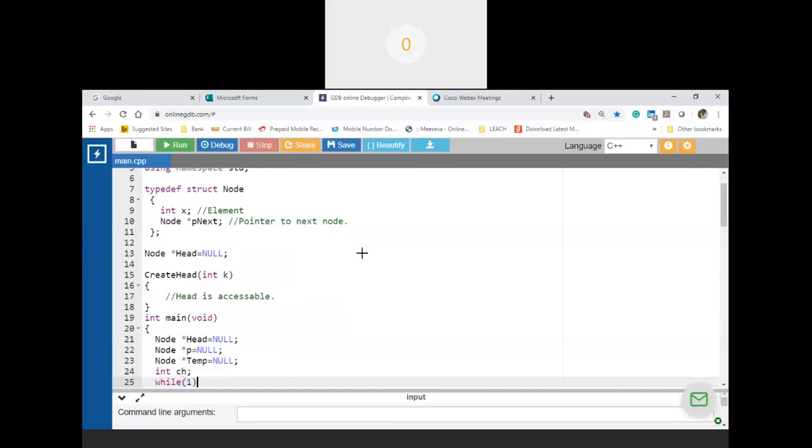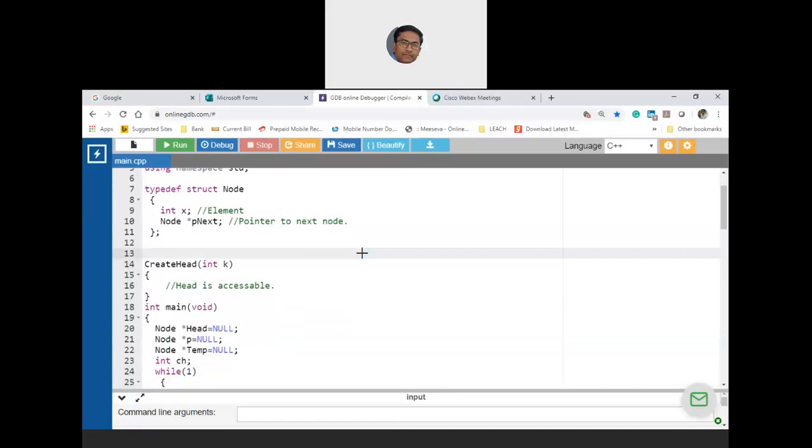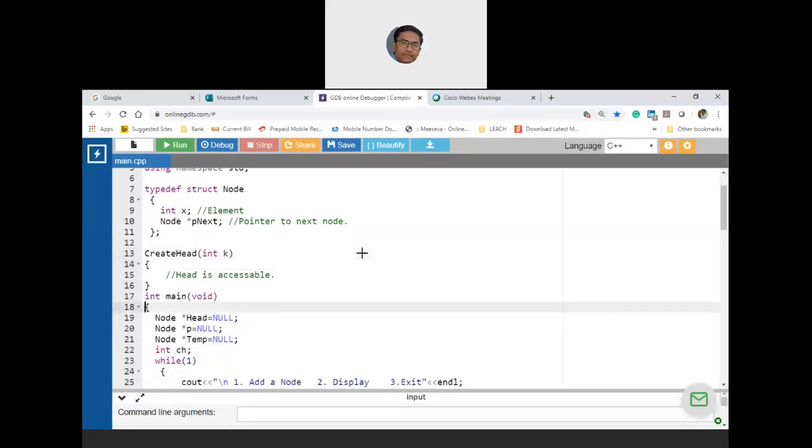Now the second approach is to make this head local, meaning bring it inside main, like in line number 19. Now head is not accessible in the create head function.